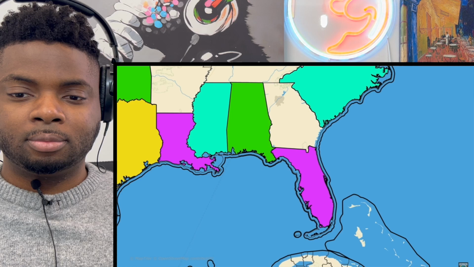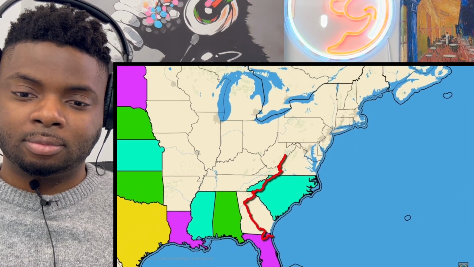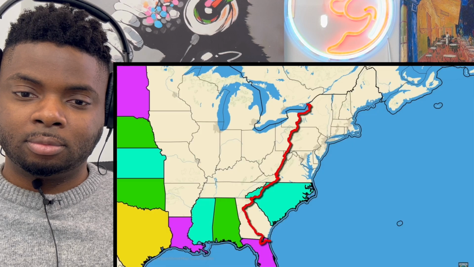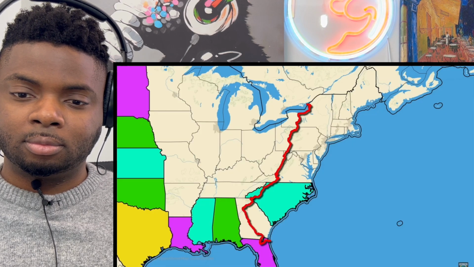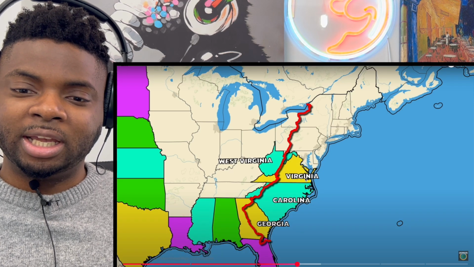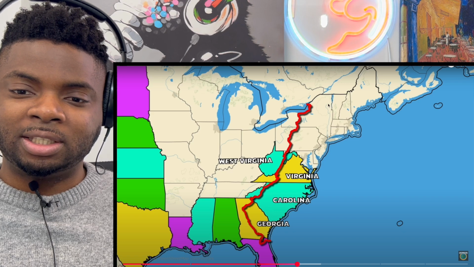Moving north from Florida, we actually have another continental divide. This is the divide that largely follows the Appalachian Range, and just like with the Rockies, we're going to split up all of the states along this line. So that means that Georgia, Carolina, which was already merged together, Virginia, West Virginia. So they're all going to get smaller then. All these states here, they're going to lose